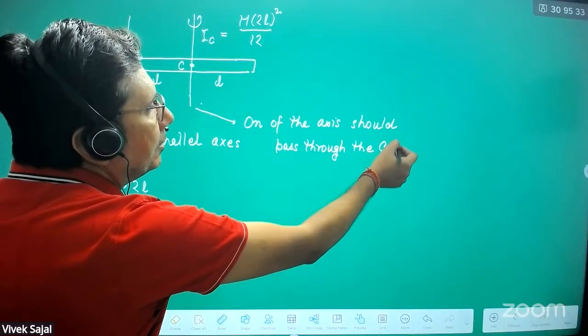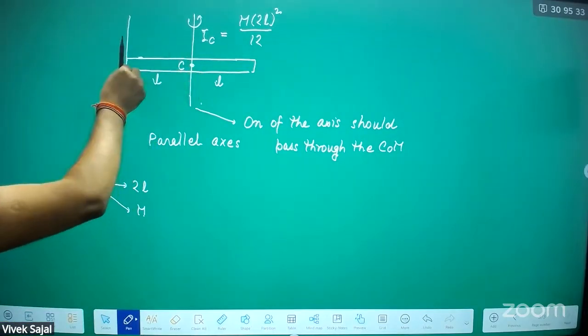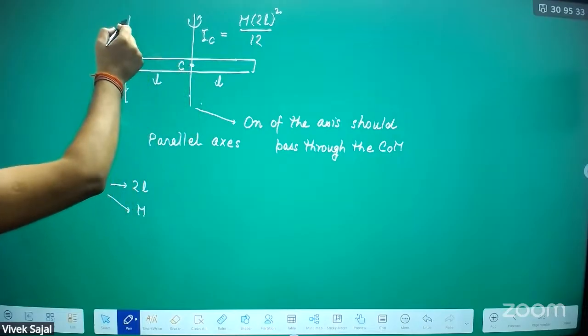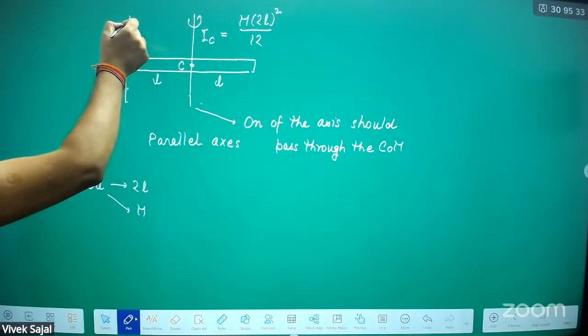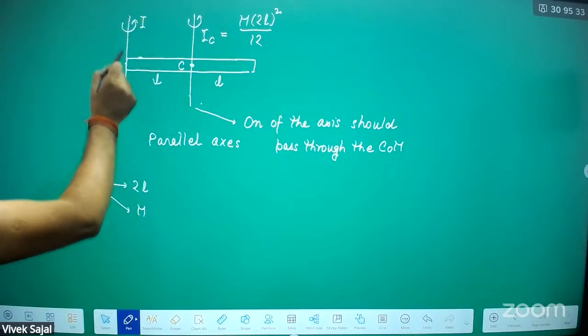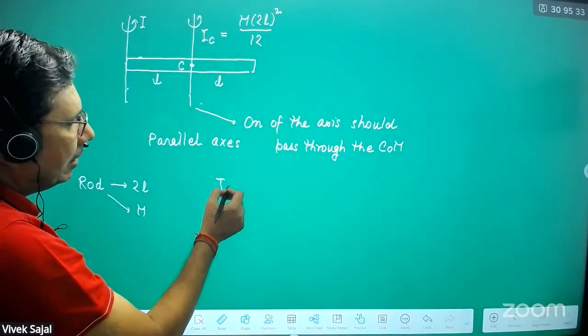This is important. It should pass through the center of mass. So you will be aware of this IC. In this case, if they are parallel and this axis is passing through the center of mass, then the moment of inertia about this axis, meaning if you are rotating this rod about this axis, then this I will be given by IC